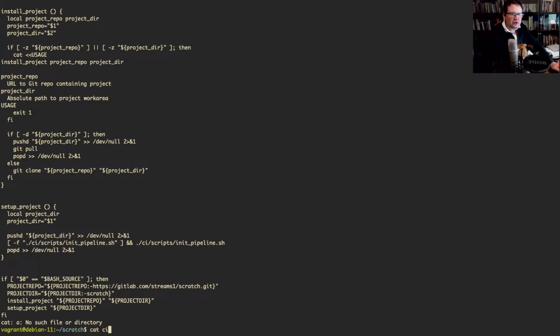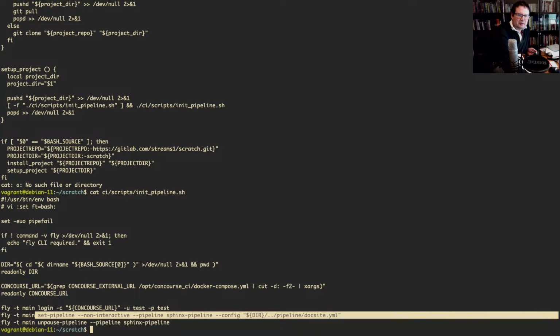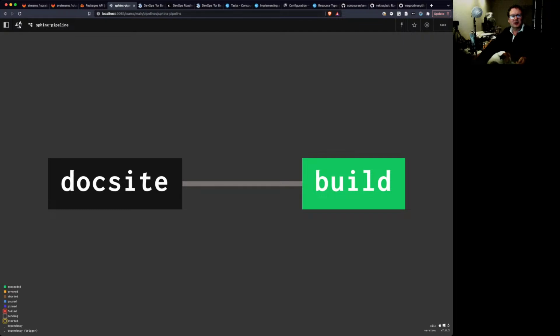which all the initialization thing does is it sets this pipeline up, which is the pipeline we set up last week, and then it unpauses it. The upshot of all that is that over here we've got this pipeline running, which is about as simple as it gets,